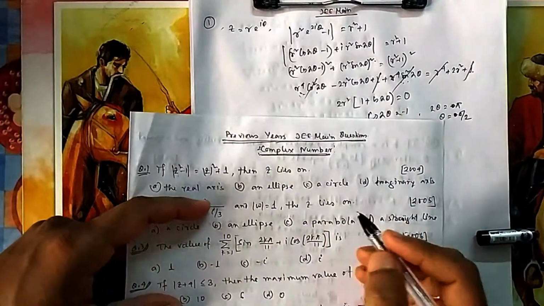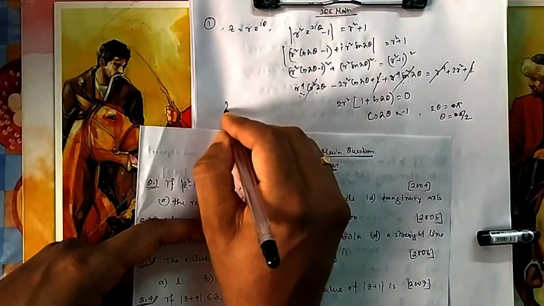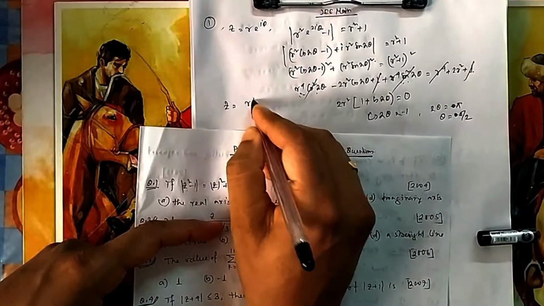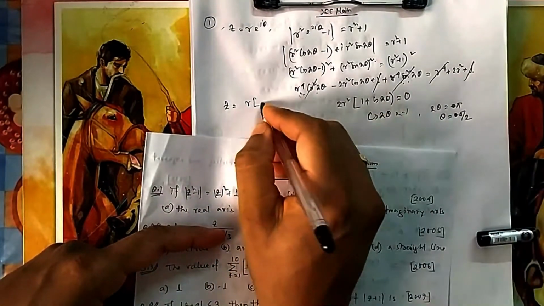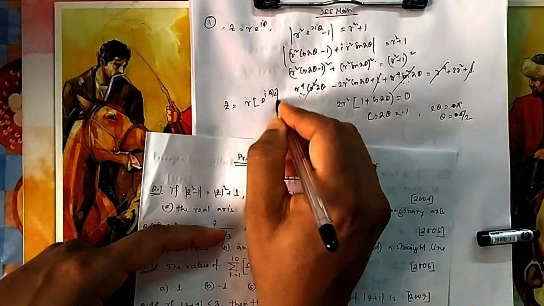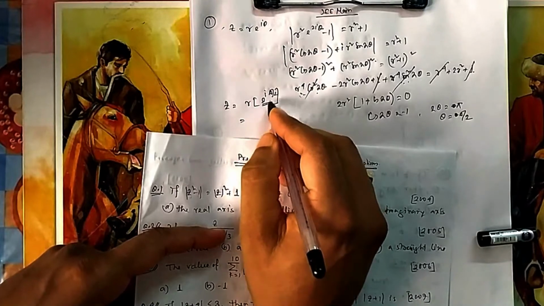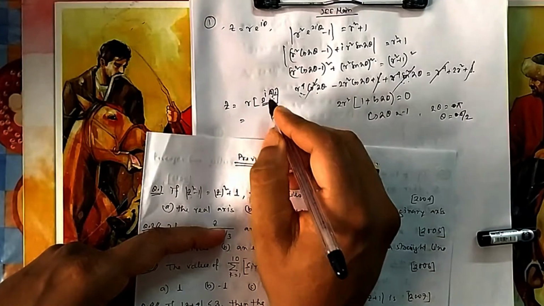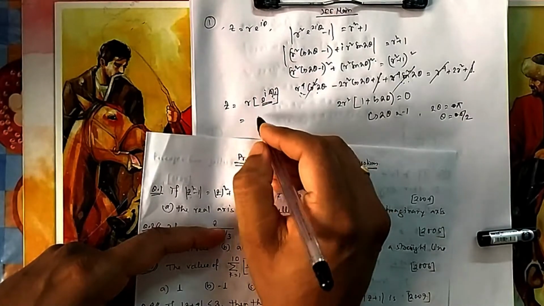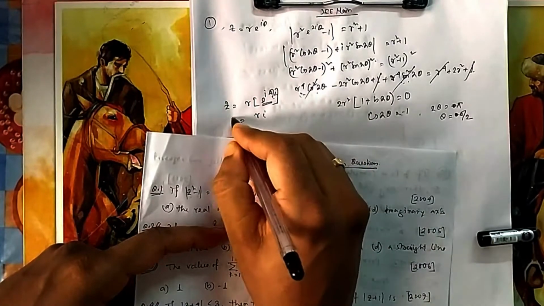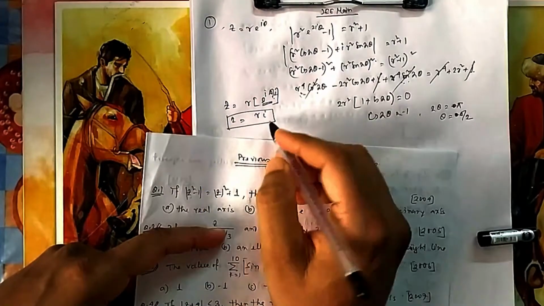So that means you have a z. What is your z? That is r e to the power i pi by 2. What does e to the power i pi by 2 equal? This is actually i. If you write it in cos theta plus i sin theta format, cos 90 is 0, so only sin 90 will come, that is i. So it is i r. So z is actually a purely imaginary number.